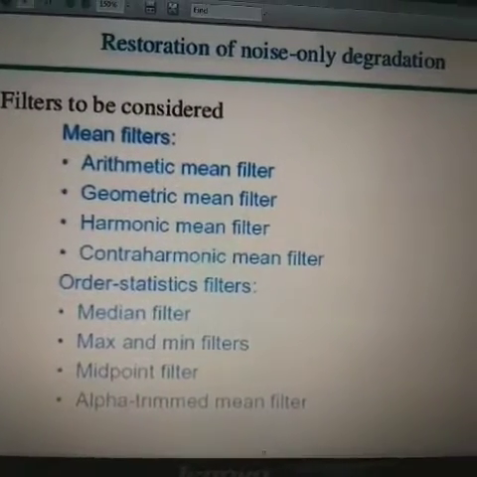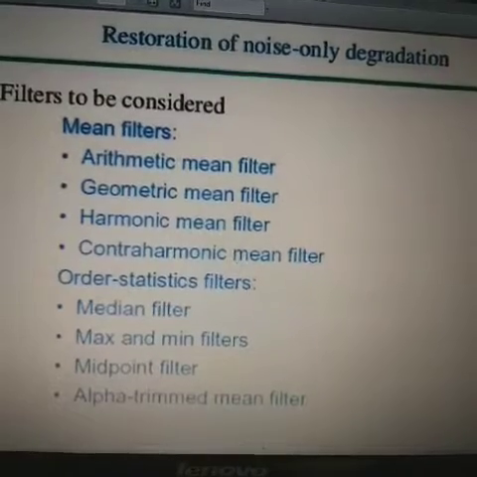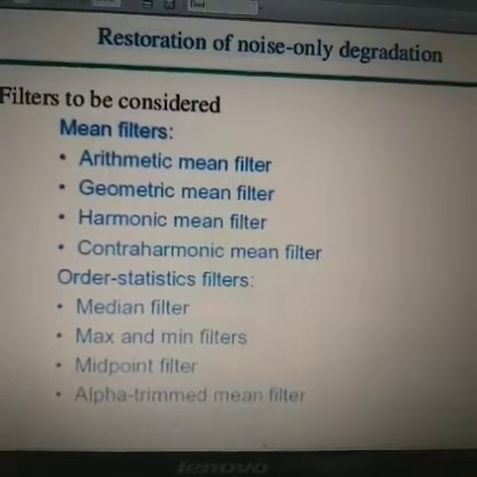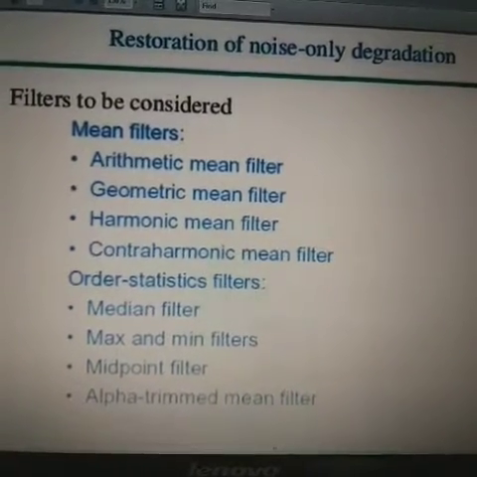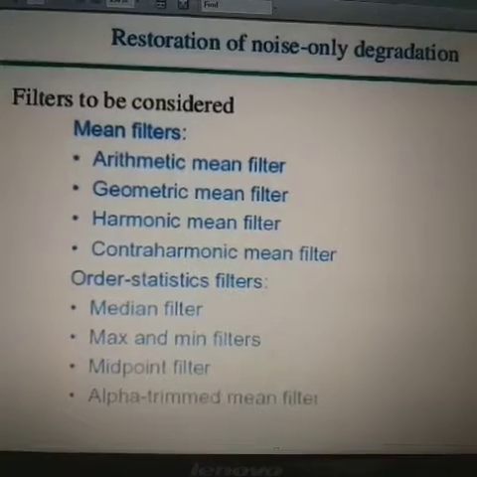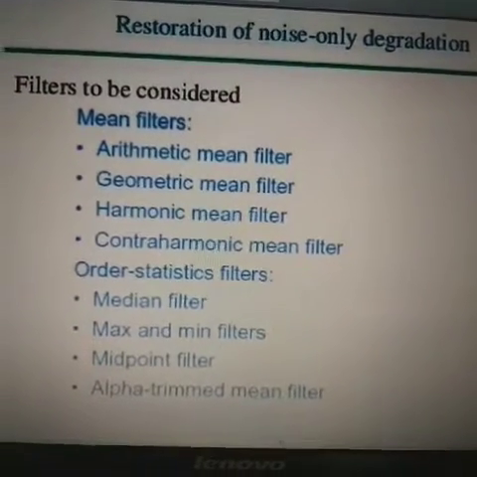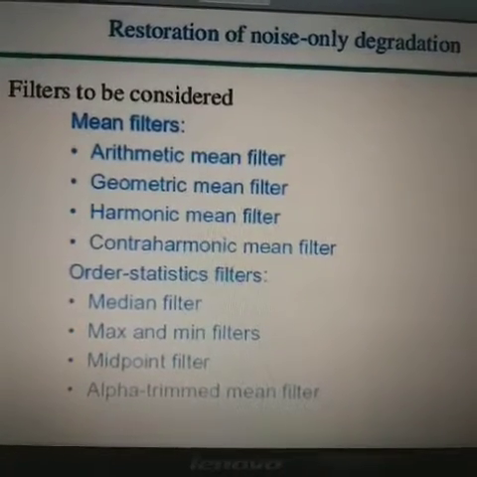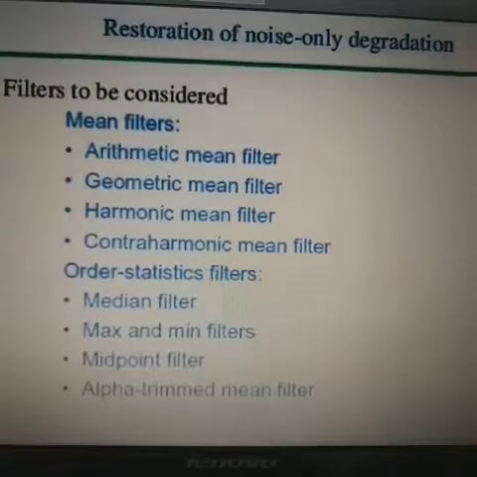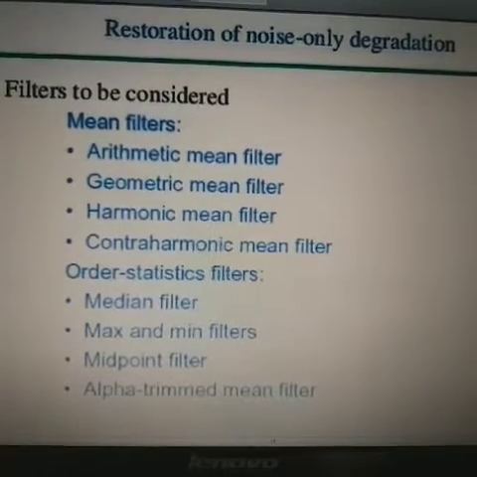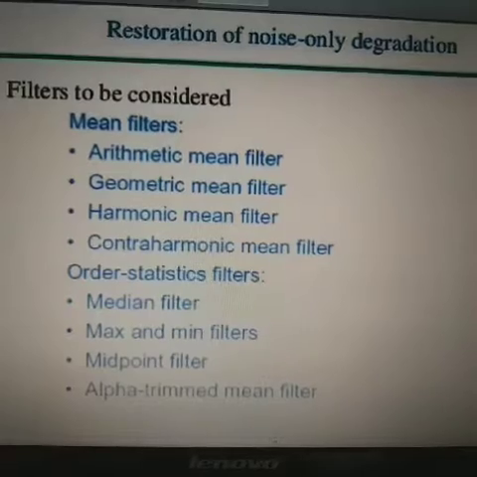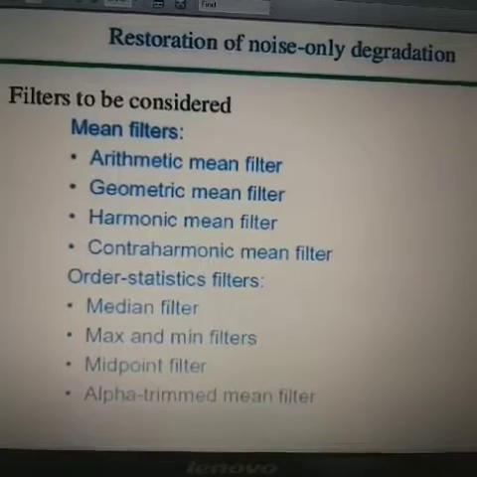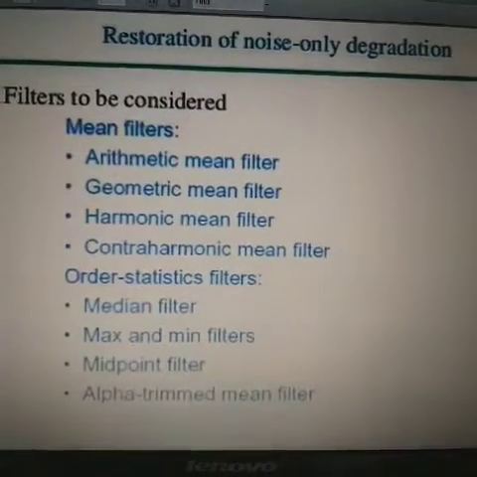So next we elaborate the topic, that is the restoration process when only the noise is to be added. In the previous video we discussed the applicability of the various noise models, and we defined some topics which have the equations for when we do not add the degradation function, we have only the noise model. So only the noise is present.